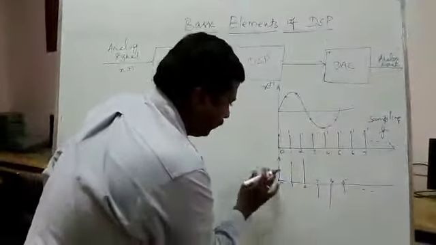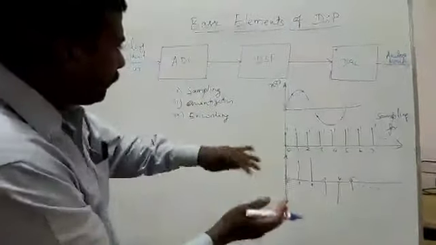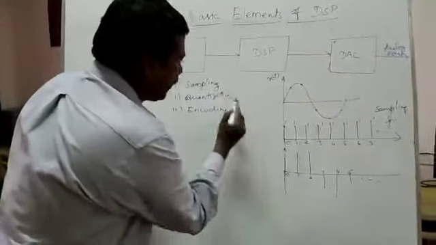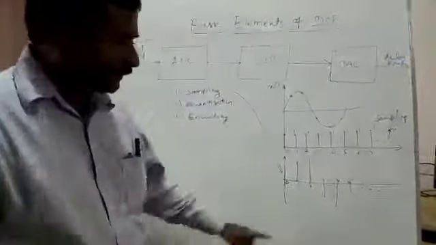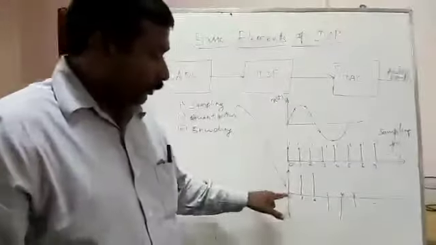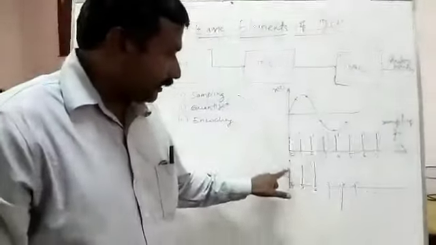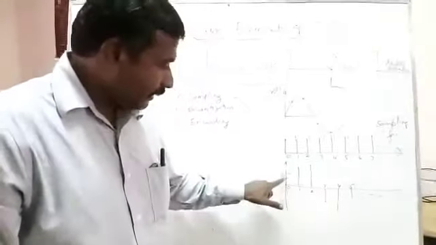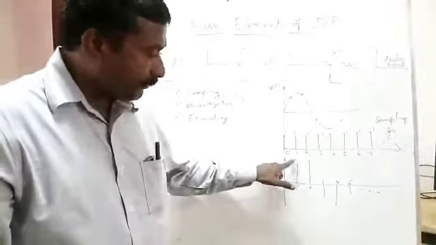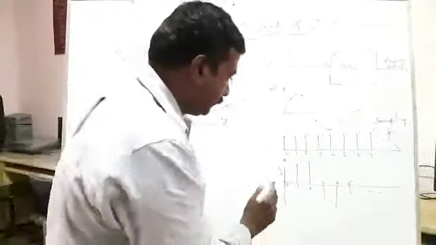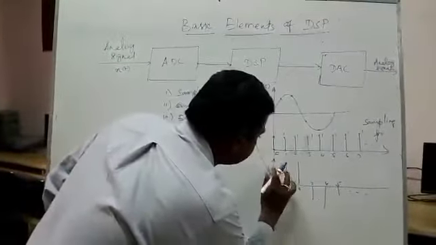So far we have sampled the signal. So up to this, the sampling process will be over. This is the sampled signal. So in the sampled signal, time gets discretized, but not the amplitude levels. Still, the amplitude values are fractional values. For example, actually this is 0. This is 0.